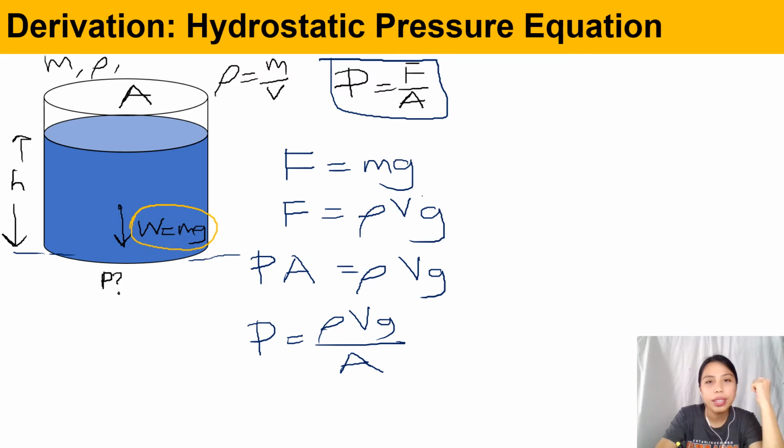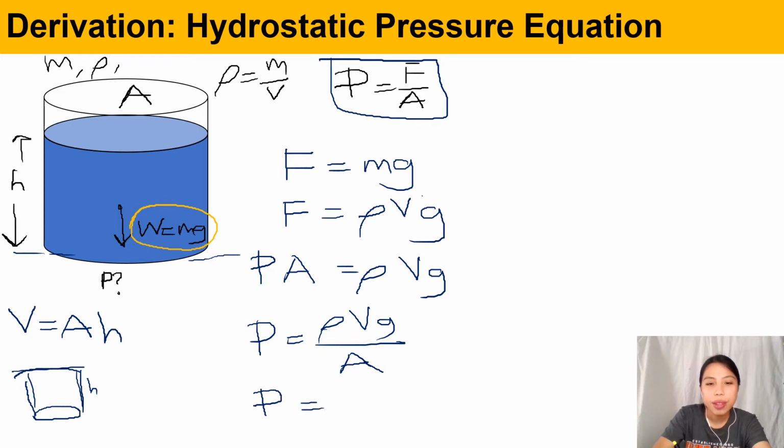Okay, almost done. Wait, we can simplify some more. Volume and area, how are they related for this cylinder? Actually, not only for cylinders, for cubes, for blocks, all kinds of normal shapes. So the volume is actually the cross-section area times the height. Okay, think about that. Volume is the cross-section area times how high it is. So the height. Yeah, there we go. So I can simplify some more to get rho, volume is area times height. We can cancel out the area. So area and area is gone, which gives us the final form of the equation, which is